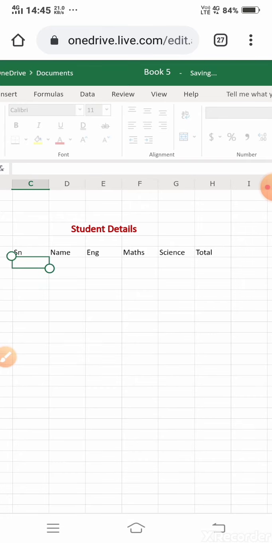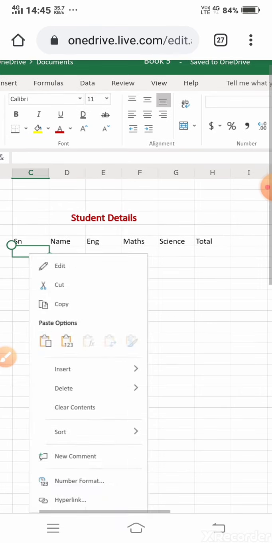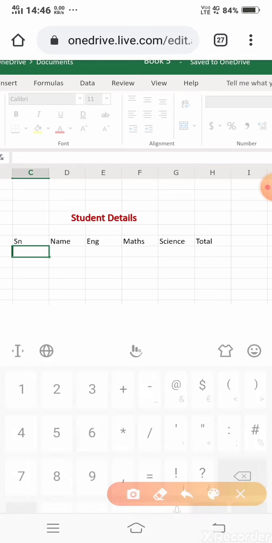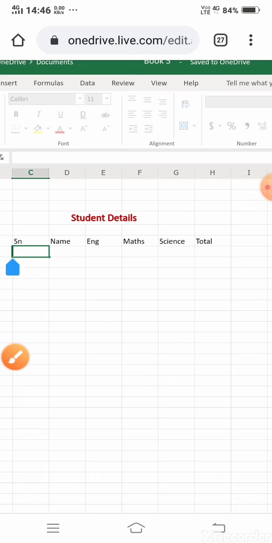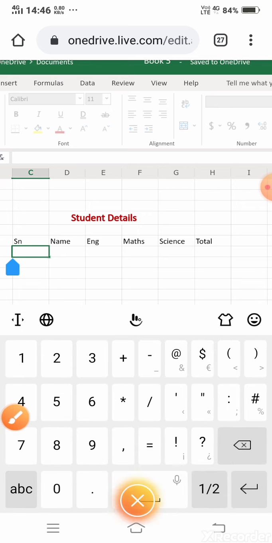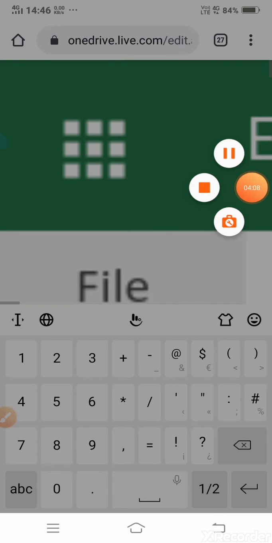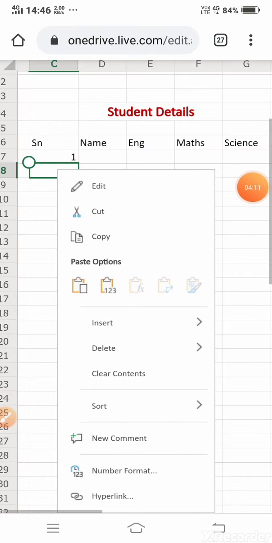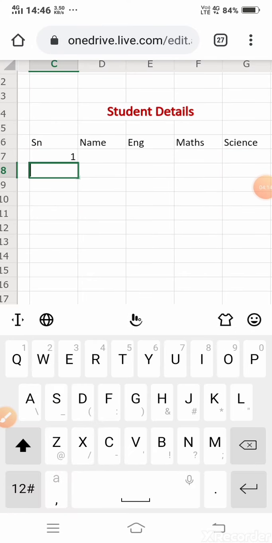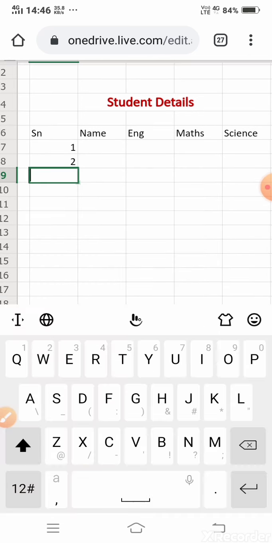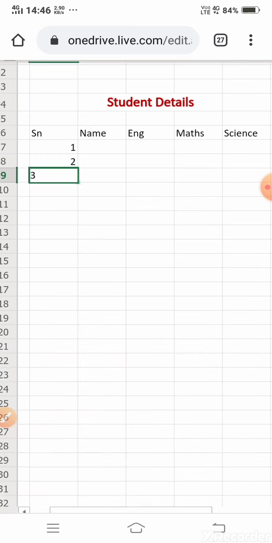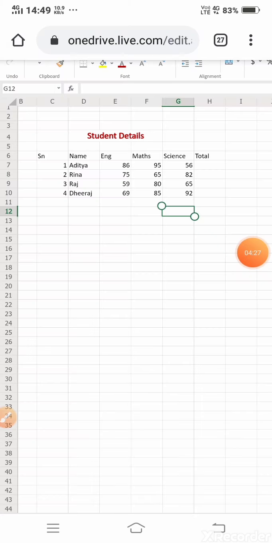Now I have to give the data here. For example, my data is serial number 1, then 2, then serial number 3, and so on.